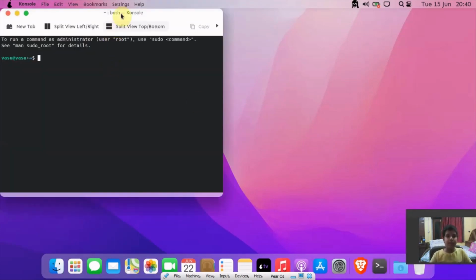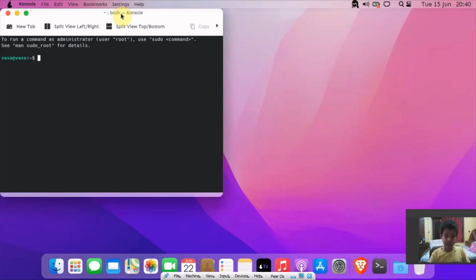Originally it would not be like this, it would be white. But in some cases, like before in my last video, when I told you how to install .deb files, the terminal was white. In this case, I am running the console manually, so that's why it is not white. If you open it from open in terminal, then it will not look like this. It would be a white terminal like Mac OS X.